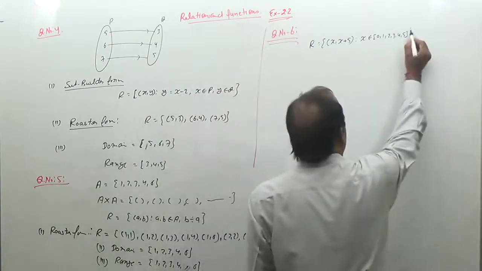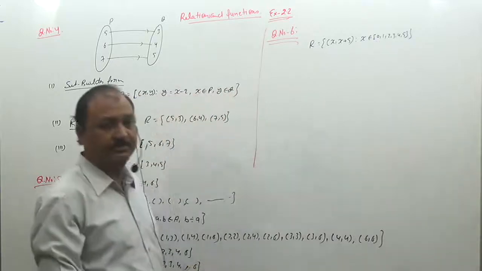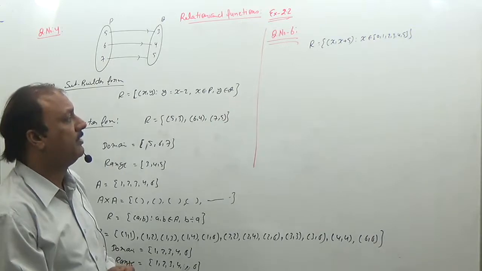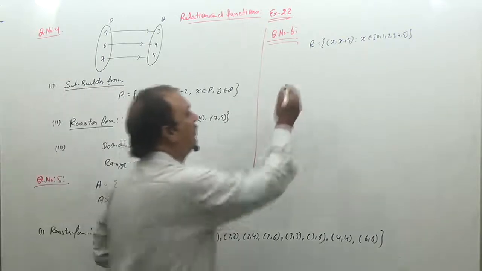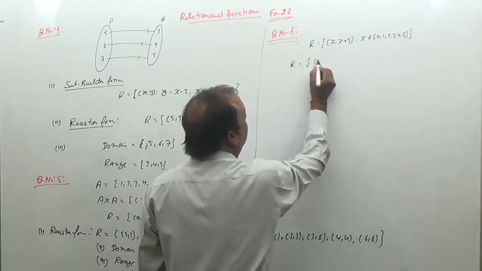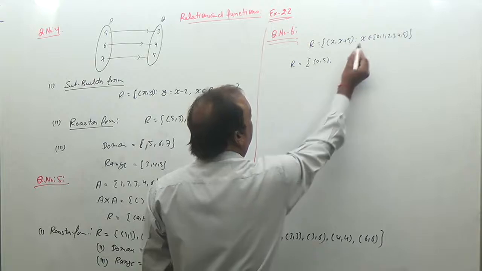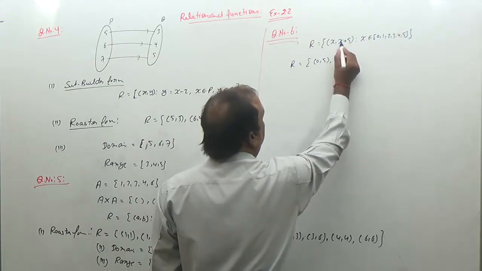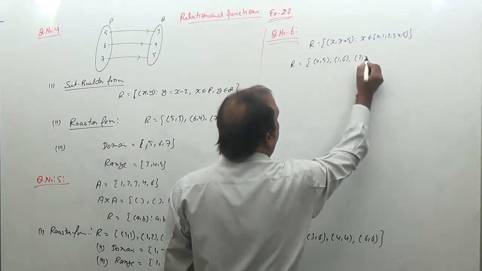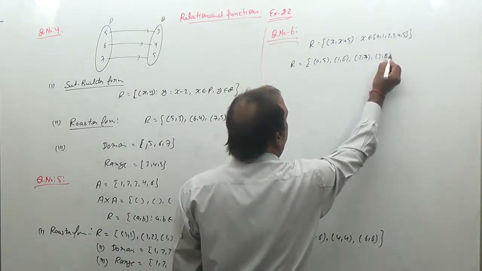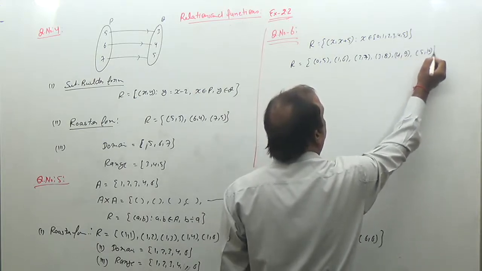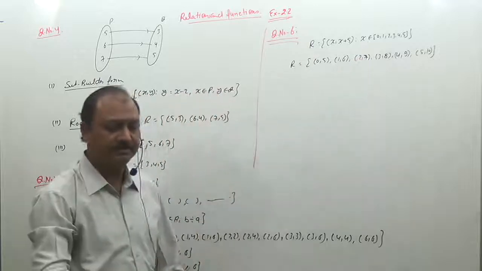Here we can take the value of x as 0, 1, 2, 3, 4 and 5. So it is very simple to form its roster form. We have taken only x. When we write down the roster form of the relation, first we take x as 0. When x is 0, then this one is 5. Secondly, we take x equal to 1. So 1 plus 5 is 6. Third, we take x equal to 2. Then 2 plus 5 is 7. 3, 8. Next we take x equal to 4. 4 plus 5 is 9, and 5 gives 10. So this one is the roster form of this set.